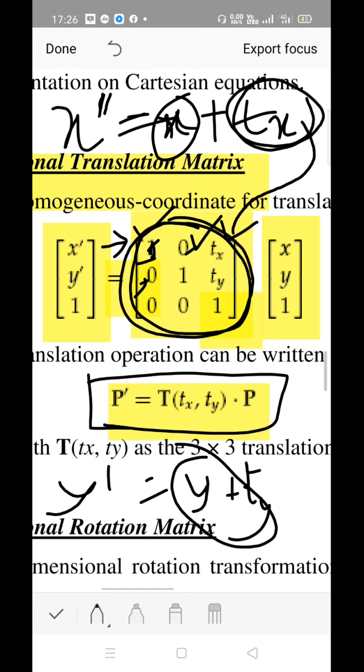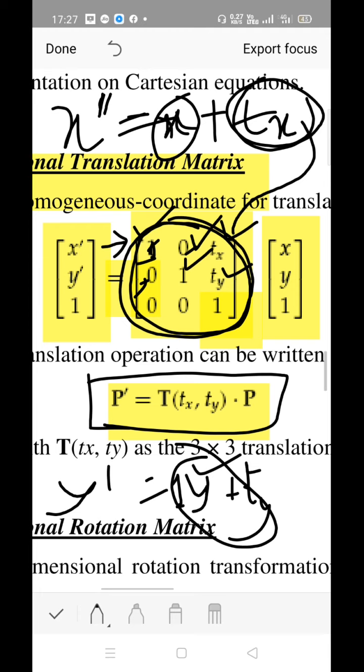So the second parameter y is available. What is the coefficient of y? Coefficient of y is 1, isn't it? Mention that 1. There is no x term, so the coefficient of x should be 0 only. It is something like 0 into x plus 1 into y. 0 into x is 0 only, isn't it? 1 into y is y. So that's why you have mentioned y plus ty. Write the coefficient as 1. Then what is the constant you are adding? You are adding the constant ty, isn't it?